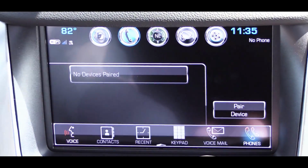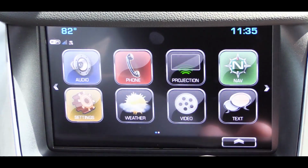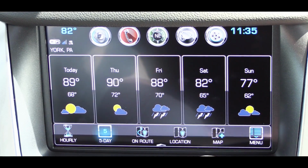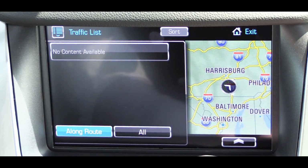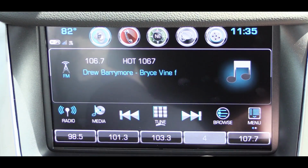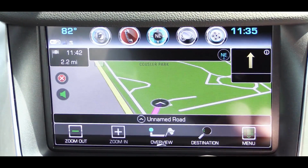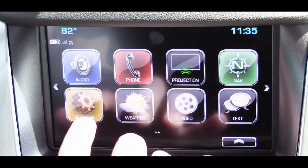There is an 8-inch color touchscreen display that comes standard on every single trim level, and every single trim level is also going to give you Bluetooth and audio streaming, Android Auto, and Apple CarPlay. That's always one I like to emphasize, because that actually gives you a free navigation system through your smartphone, as well as the ability to like and dislike your Pandora songs up there, which I used on my drive here, by the way. And if you go with the Premier trim level, you will get standard a factory navigation system as well, and you can check out weather updates up there if you wanted to, as well as your radio